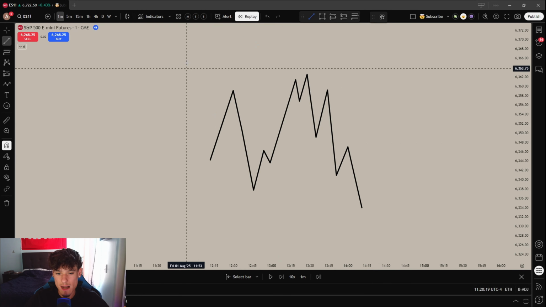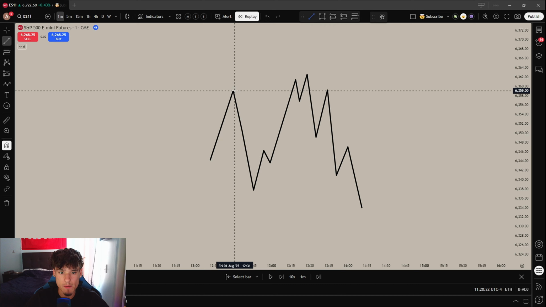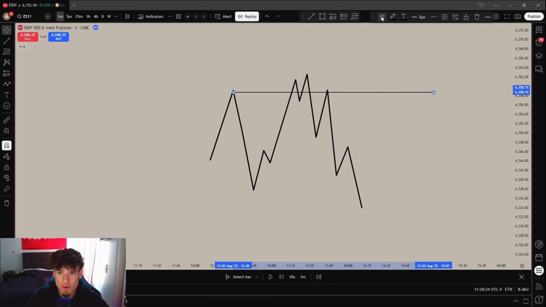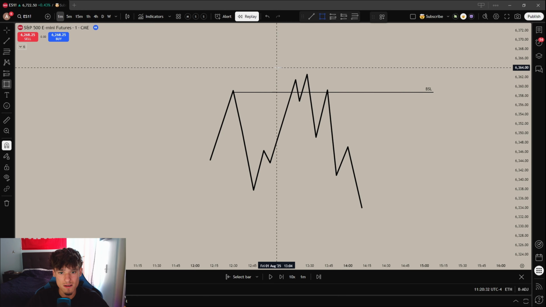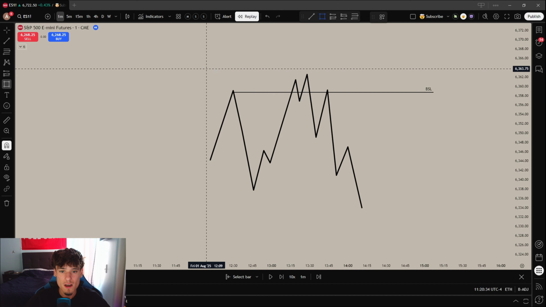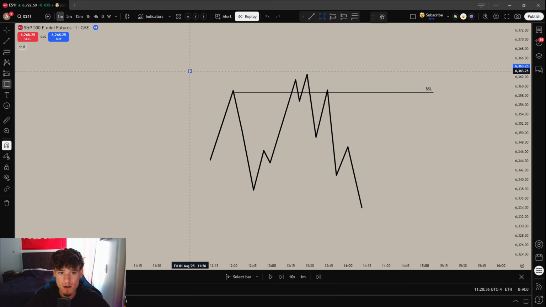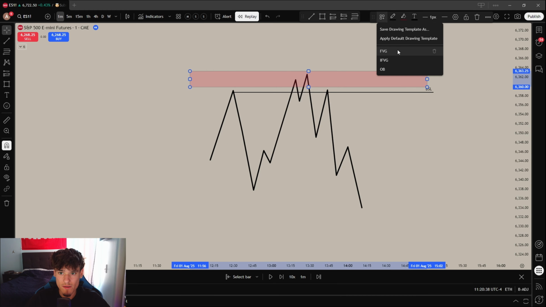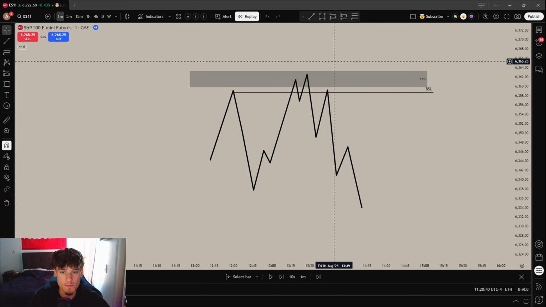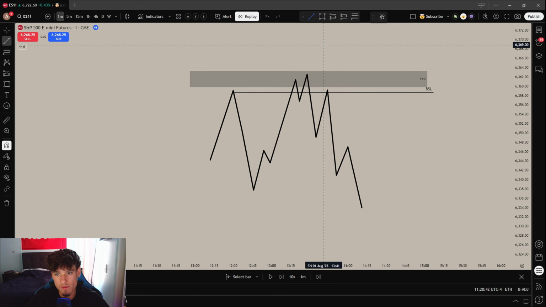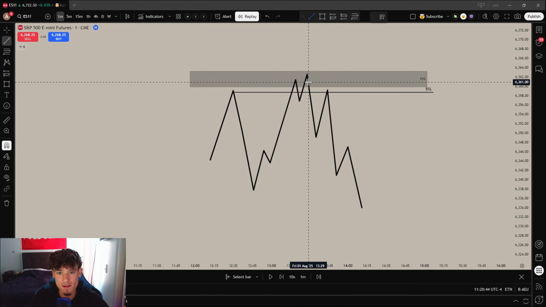Just to give a brief example before we hop on the actual live example, say we have a buy side liquidity. So already this is a very major zone of interest. As always, we want to do a top down analysis. So say this is the 1 hour time frame. We have this buy side liquidity on the 1 hour, as well as this fair value gap on the higher time frame. Now, these are two very big confluences as to why we want to reject and push back